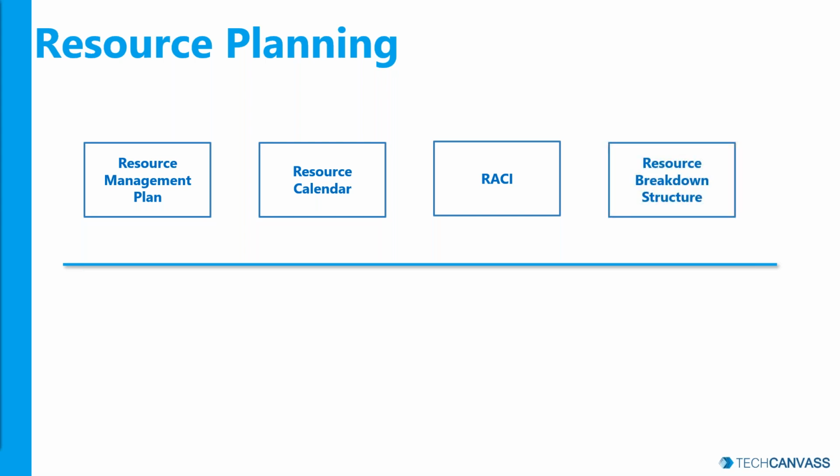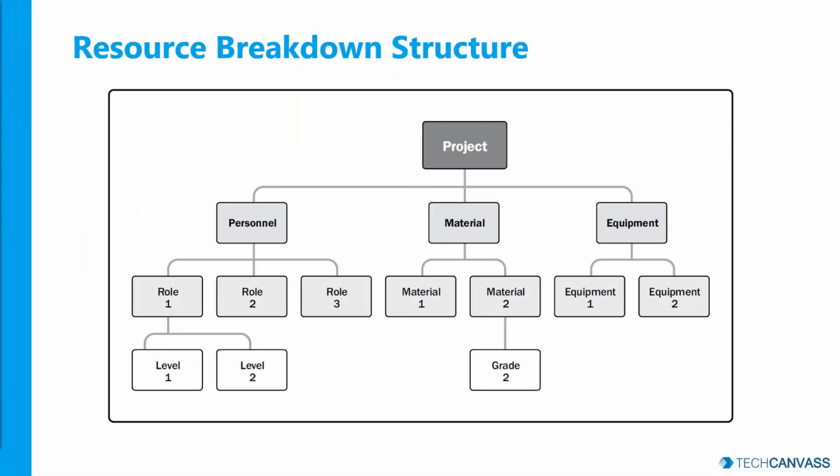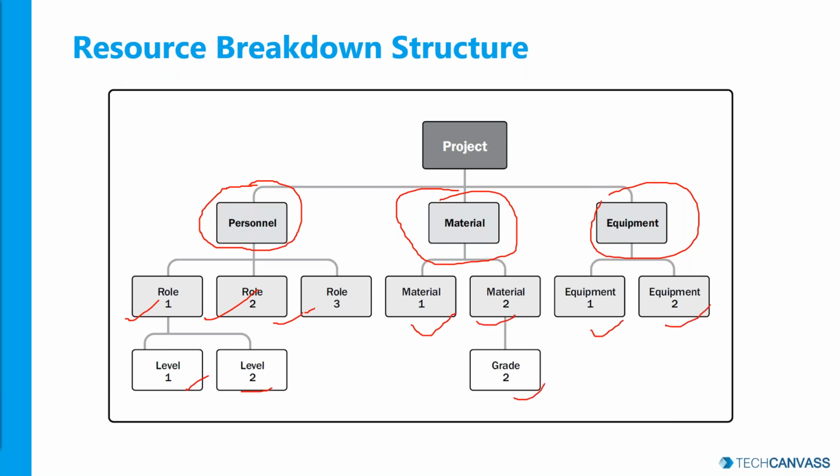Never mind. And then there is something called resource breakdown structure, which I'll show in the next slide. You need to plan this beforehand as well. As I mentioned earlier, resources are going to cost your project. You need to plan them well. In your project, there are personnel, material, and equipment. And what are the roles and what is the org structure of the personnel? And what are the different types of material? What are the equipment? You may want to list them out or draw a resource breakdown structure like this so you have a holistic picture of the resources involved in your project. And so this is part of your resource planning.